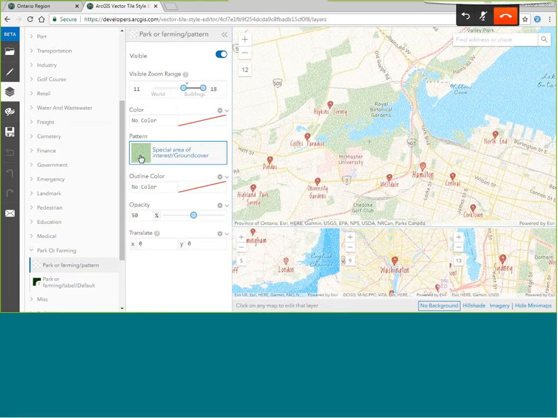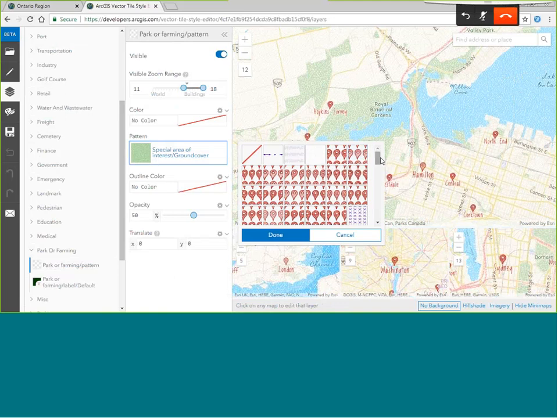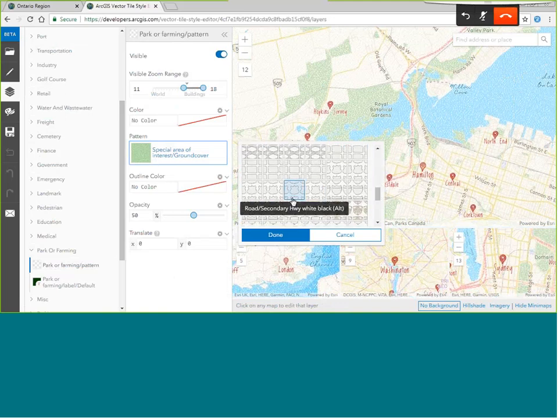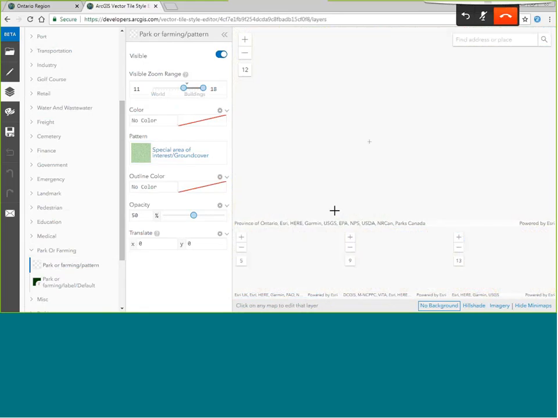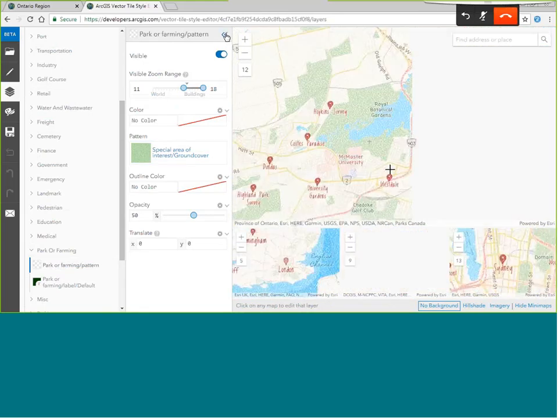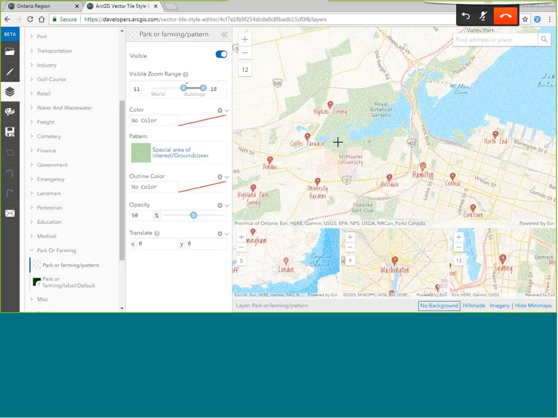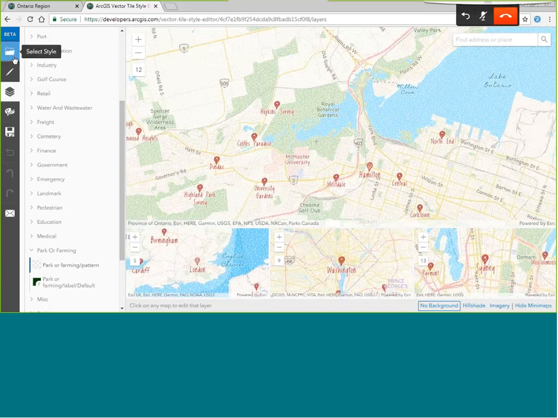So if maybe I didn't want all my parking or farming area to be this kind of symbolization, I can go ahead and click on it, and I can really go into detail and see exactly what I want to edit that as or display it as. So you can go really into detail to see exactly how you want the look and feel of your base map. So what I'm just going to do is I'm going to keep this as is,